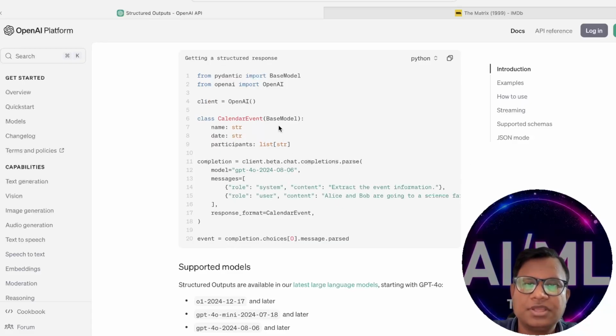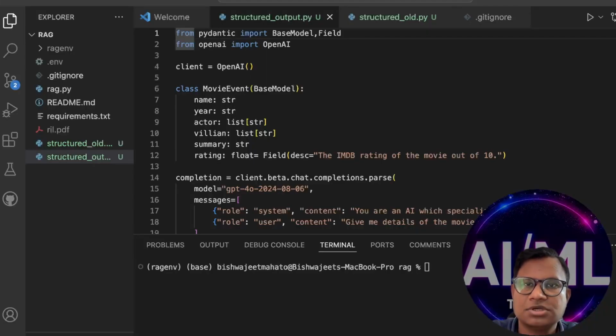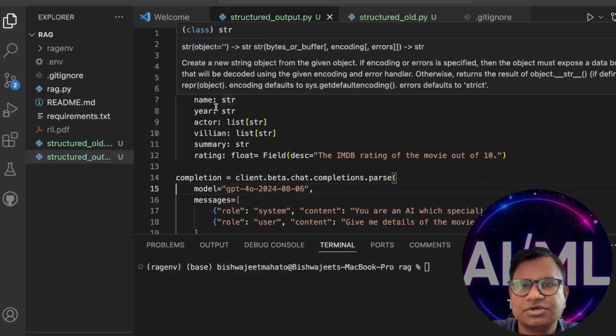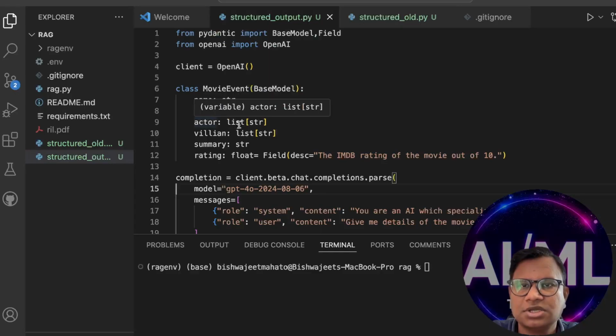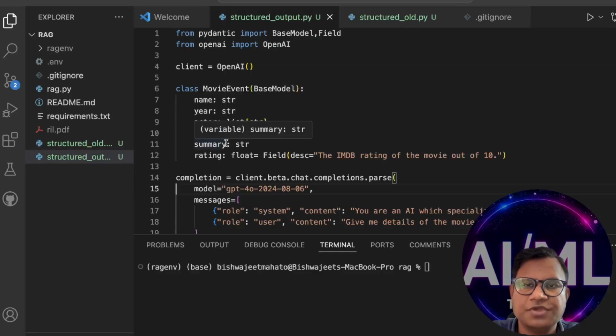So whatever the output is, you need to mention the structure of that output. Like I have just created something, I'll just show it to you in my virtual VS Code. So see, what I have done is I wanted the details of a particular movie in a structured format. So name, year, actor, villain, summary of that movie, and then the rating of that movie, the IMDb rating of that